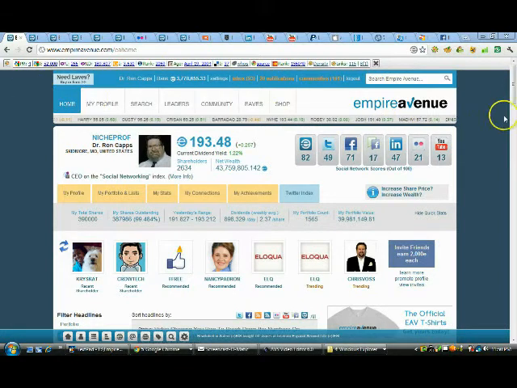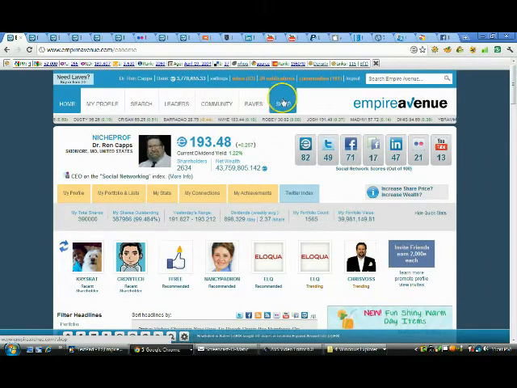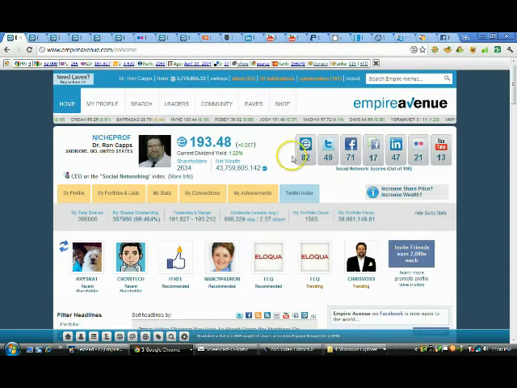This is the old Empire Avenue that many of you are familiar with. It has your information across the top with a shop, eaves, community leaders, and so forth, and your various profiles that you've connected for your social networking. Now, you had a layout before.